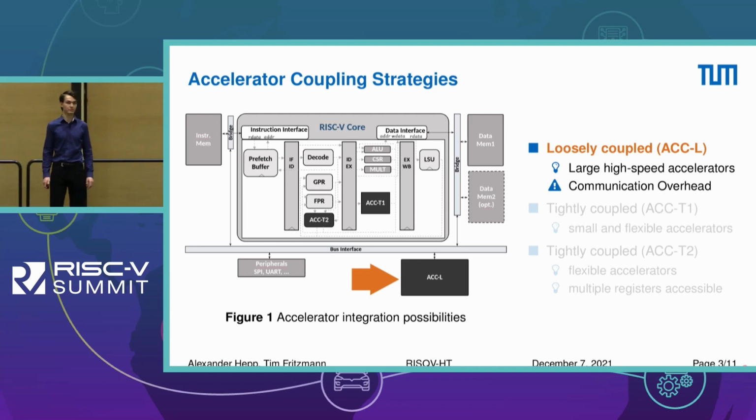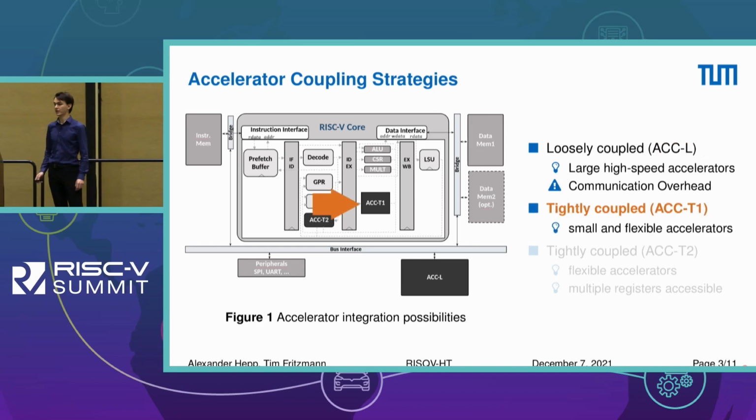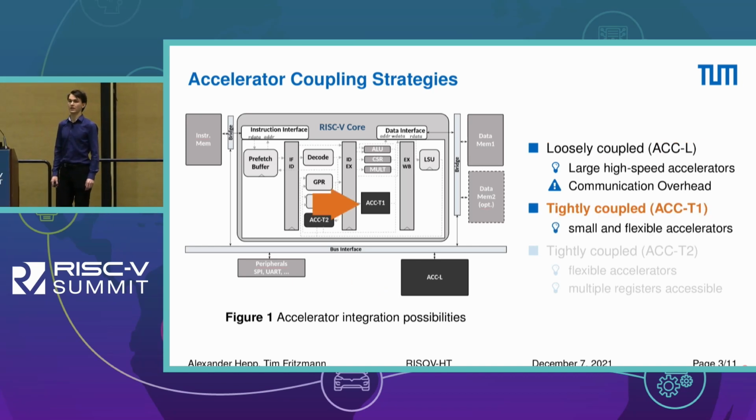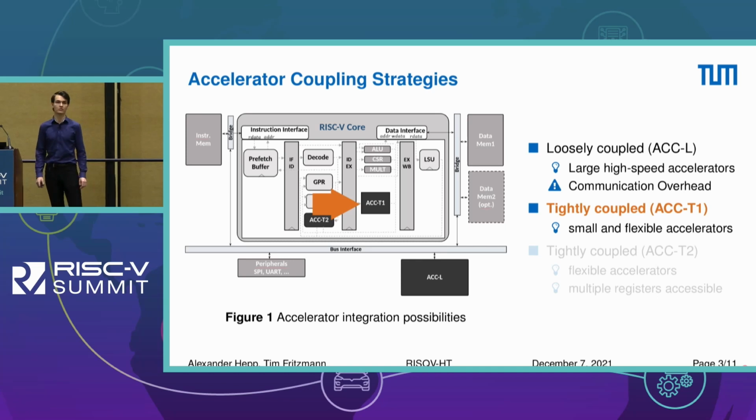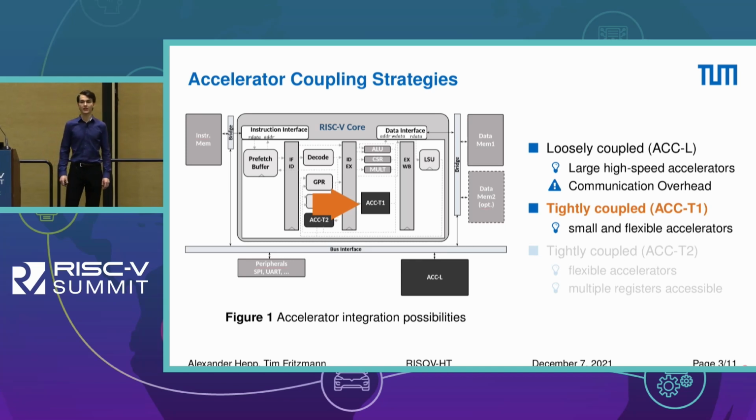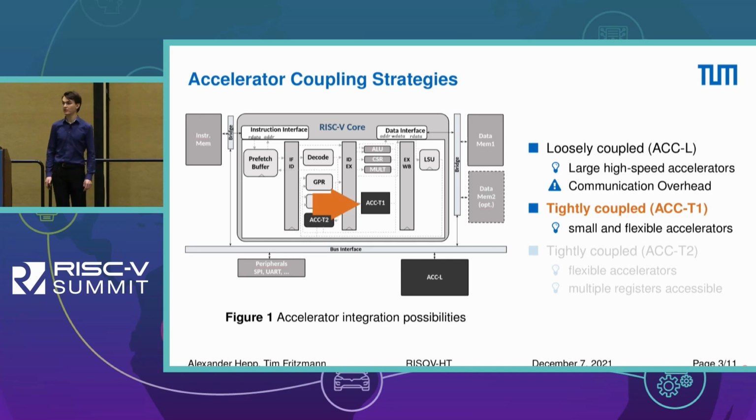And there are two possibilities there, basically, depending on how much data input and output you need for your accelerator. You can do your accelerator in the X stage. In this case, we are talking about a RISC-V 32 device, in the X stage of this RISC-V CPU, RV32 may be known to you. And this X stage accelerator, of course, only has access to the two registers that get into the X stage